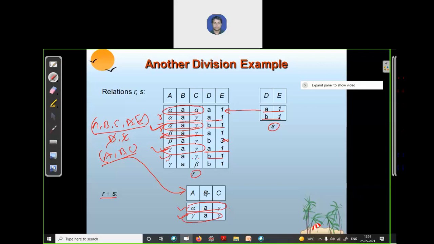Again, I am pausing for a minute. Just look at this example carefully and try to understand what I want to say for the division operation.